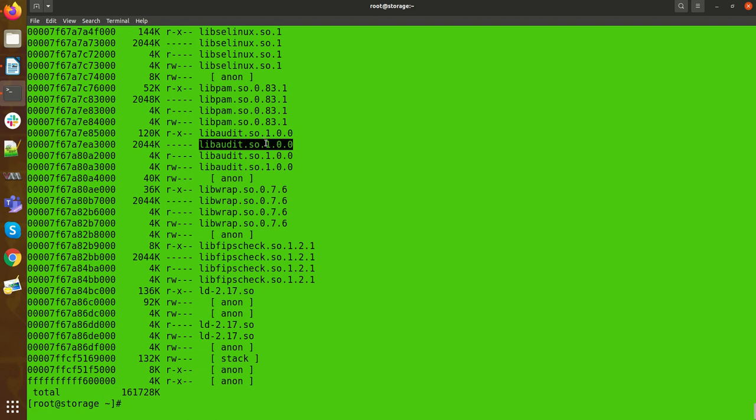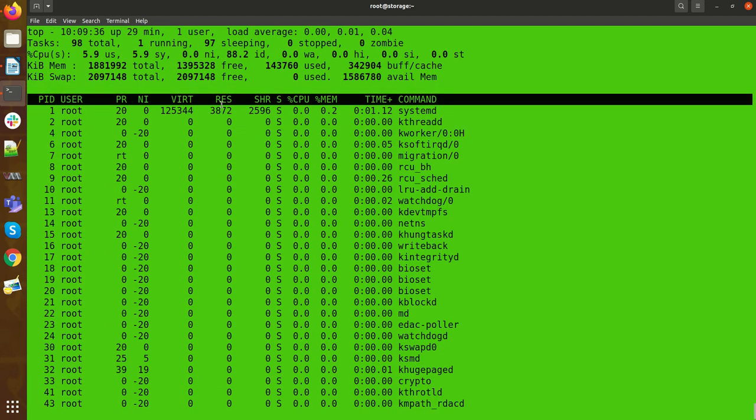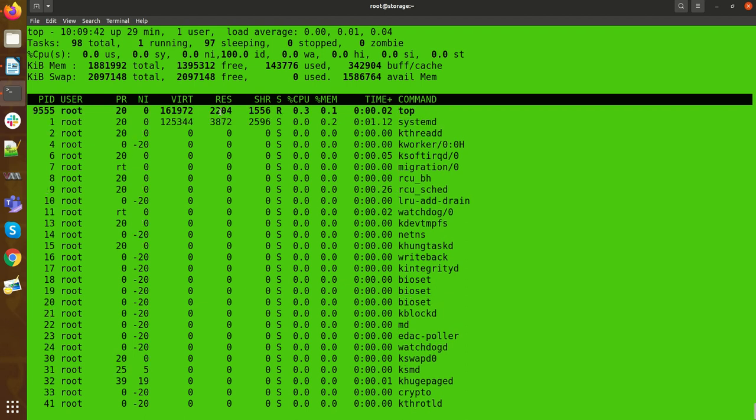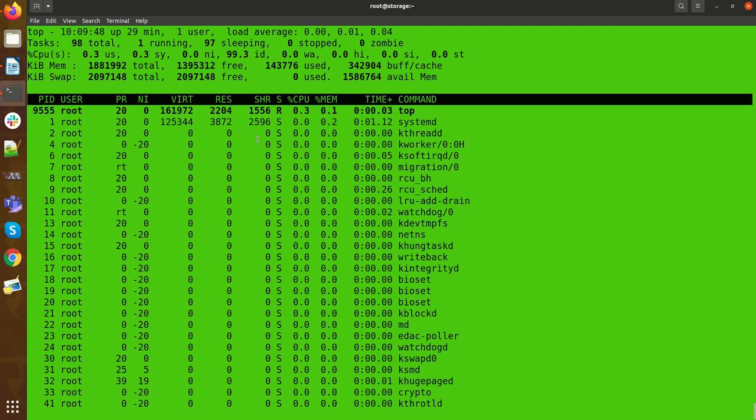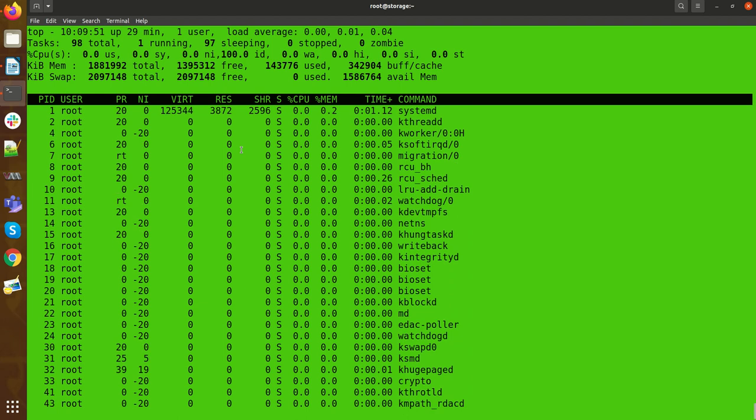That is the reason the top command shows resident memory more than actual memory, because more than one process is running.